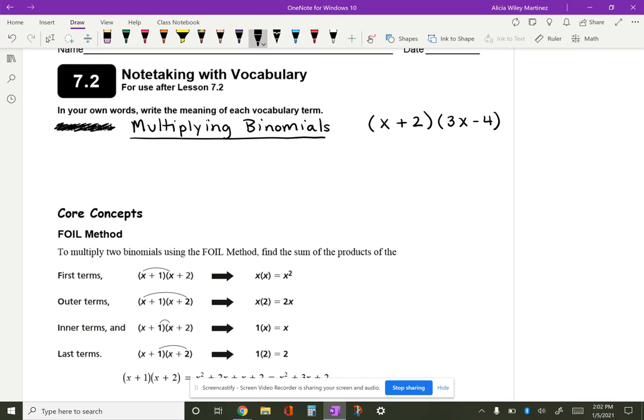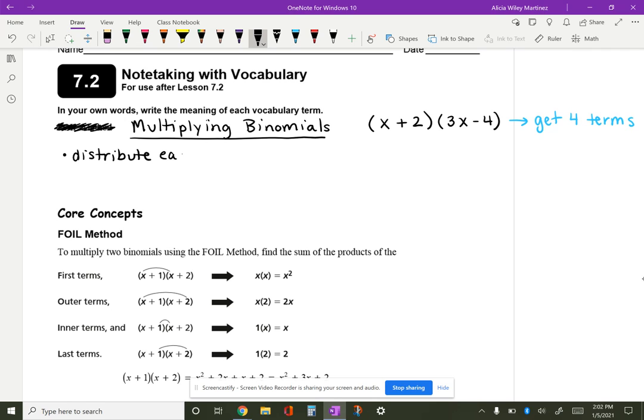Now we know that 2 times 2 is 4. So when we are multiplying two terms by two other terms, we know that we are going to get 4 terms. So our product is going to have 4 terms when we multiply two terms by two more terms. Okay? So what's happening with this concept of multiplying binomials is we are basically distributing. Distributive property tells us that we are multiplying. Okay? So basically what you're doing is you are going to distribute